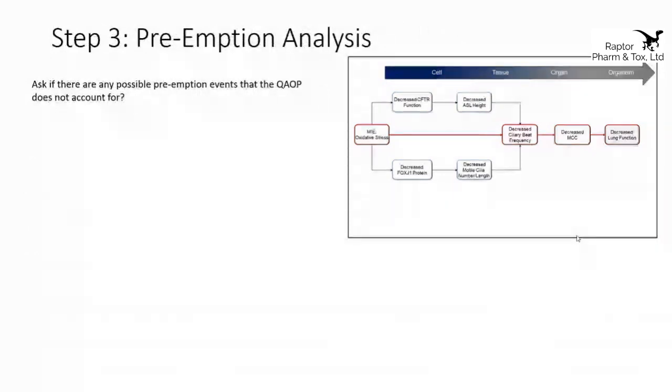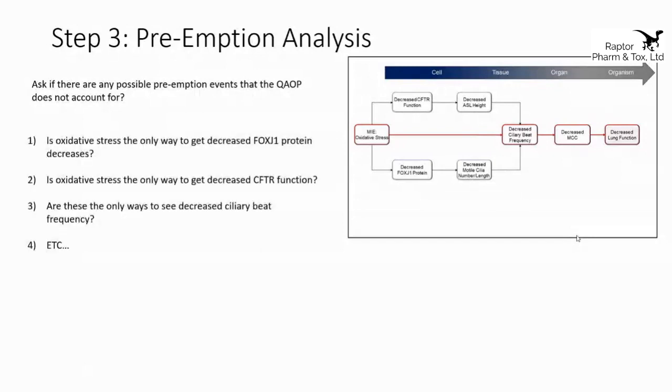So the reason why we created those structural equations, why we went through the SEF framework, is to identify places where we can start having preemption events and then start mathematically utilizing those preemption events. So what's a preemption event? We would ask ourselves, okay, is oxidative stress the only way that we can get to FOXJ1 protein activity decrease? Is oxidative stress the only way we get to decreased CFTR function? Are there other ways we could see decreased ciliary beat frequencies, et cetera? And as it turns out,